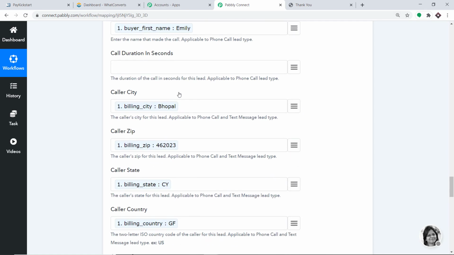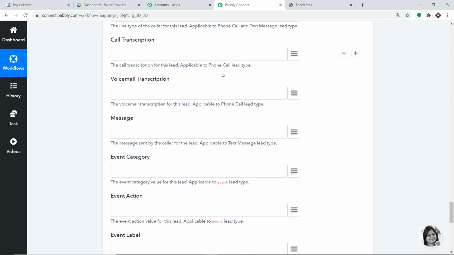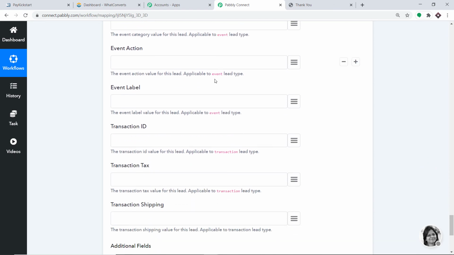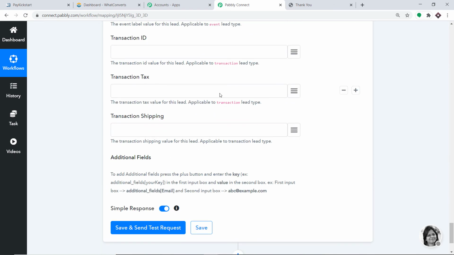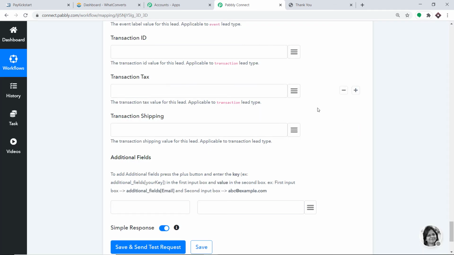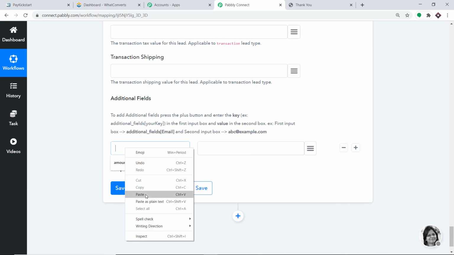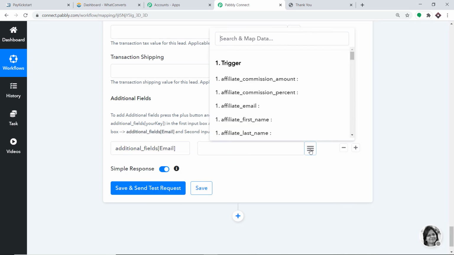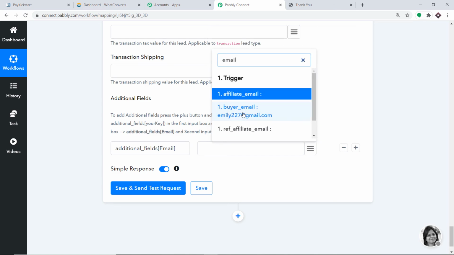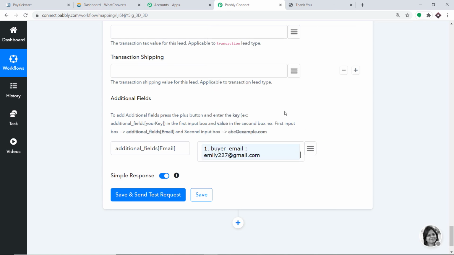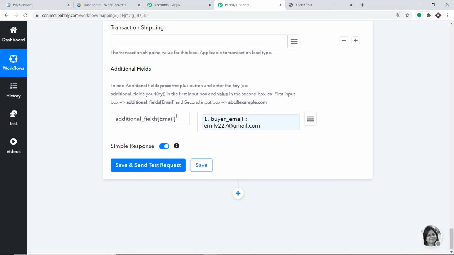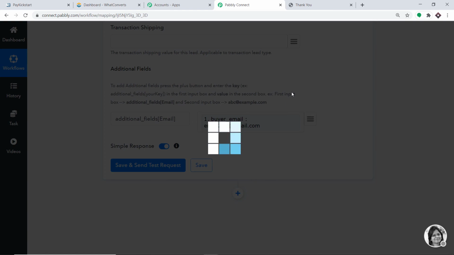As you can see, we have entered some details, but some key details like email are missing. To add a field for email, we just click on this plus button. It will add an additional field. For example, copy this up to here, then paste it, and here we are going to map in the email. So we have mapped the email. It can be an excellent way to recognize your leads. We have entered most of the important data. Just click on save and send test request.